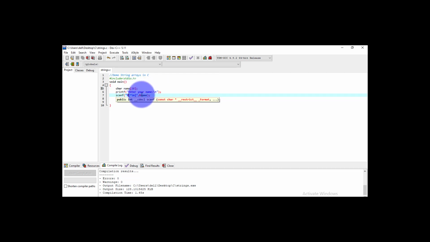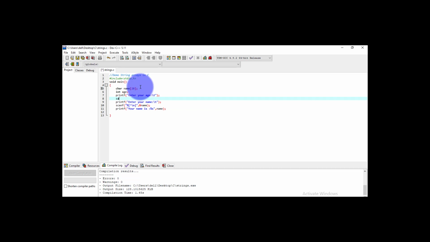when we read some integer value previous to this array. What that means, let's check it out. We declare one more variable here, say int age, and I am displaying a message for the user to enter his age: printf, and the message is "Enter your age", then the semicolon at the end.